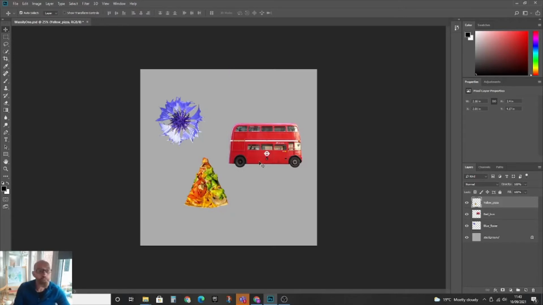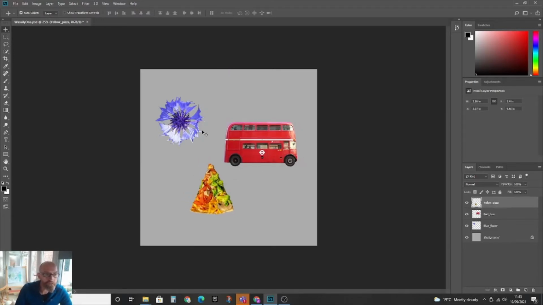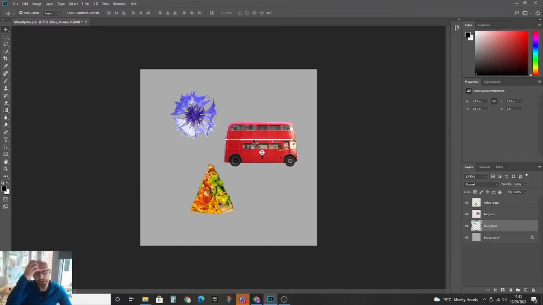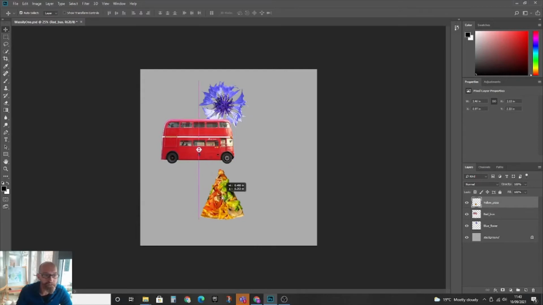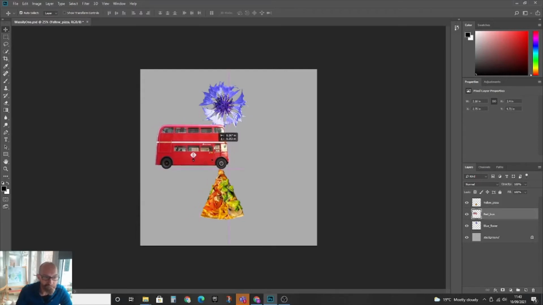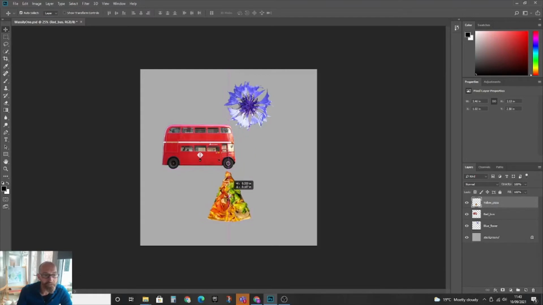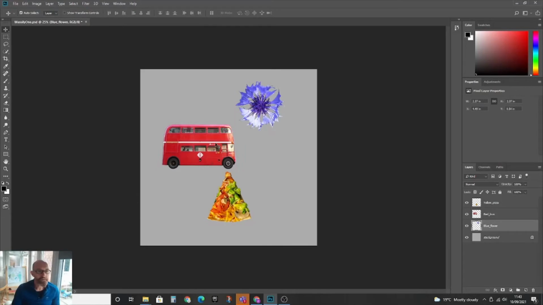Now what I want you to do is arrange your objects in a creative way, so in an aesthetically pleasing manner. So take just a couple of moments to arrange these objects in a way that you think is aesthetically pleasing. This is about exploring a relationship between these objects. Okay, now once you're happy with the way these look,